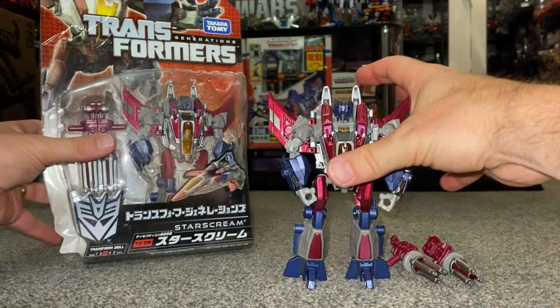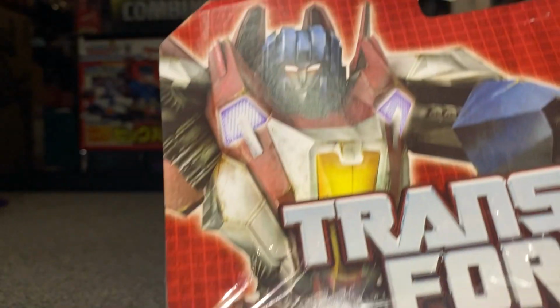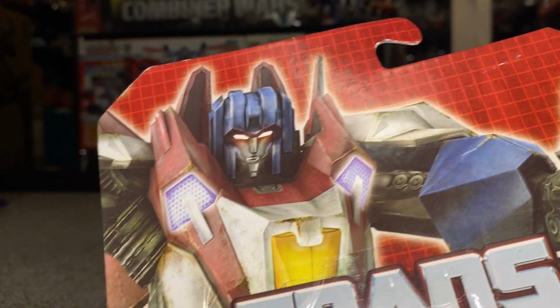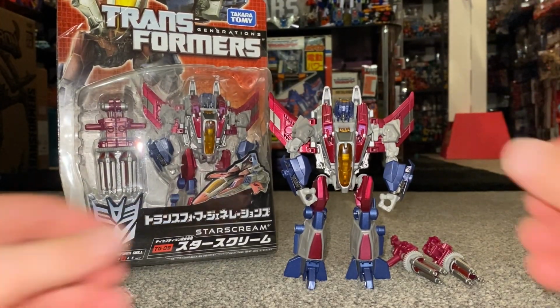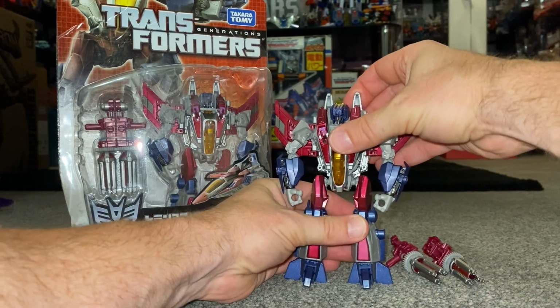And let's be honest, look at the artwork that's on his card. Look at the eyes there. It's exactly mimicking that. It's brilliant. So let's have a look at, of course, the weapons, but what I want to show you first